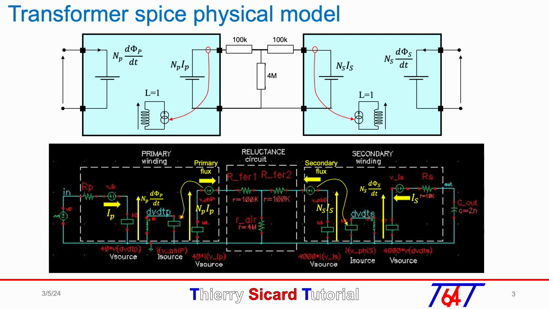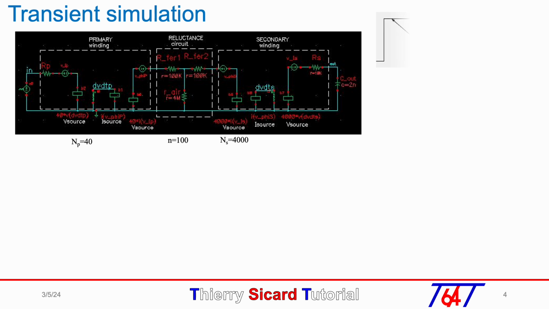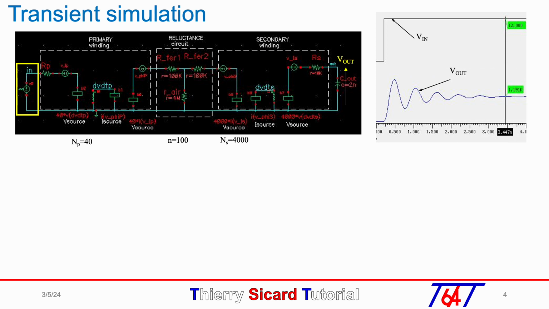The primary and secondary winding resistance are added, and the secondary winding capacitance of 2 nanofarad is added at the secondary output. This is the internal capacitance of the secondary winding. We apply a 12-volt battery voltage at the primary of the ignition coil. The secondary voltage oscillates around a value close to 1200 volt because the transformer ratio is 100.